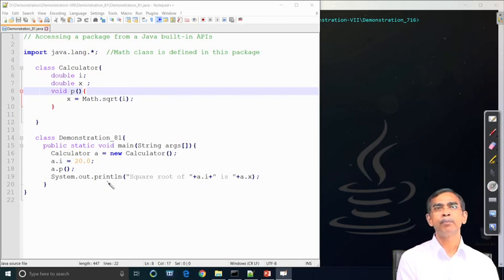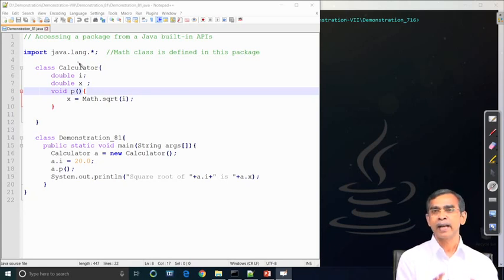Here, for example, import java.lang.*, this means that it will import all the classes which are declared in the lang package, and they will be accessible here. Accessible means that in the same file, all the classes in the lang package will be pasted here. You can think of it like that. So, by means of import it is basically this concept. You will be able to paste all the classes which are already defined in the lang package.